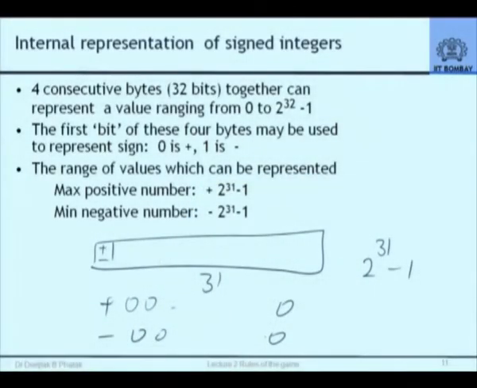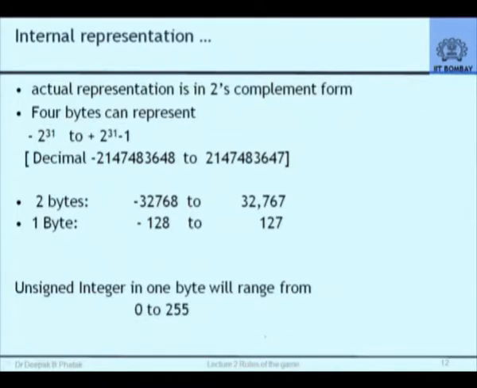Consequently, people have designed a different way of representation, which is called 2's complement representation. We will not go into those details. Suffice it to say that 2's complement takes care of this double representation of 0 in some way. It's a complicated way. Sorry, your question, please. Yeah, so in some manner it takes care of that dichotomy of plus 0, minus 0 and restores to us that extra value that can now be represented.